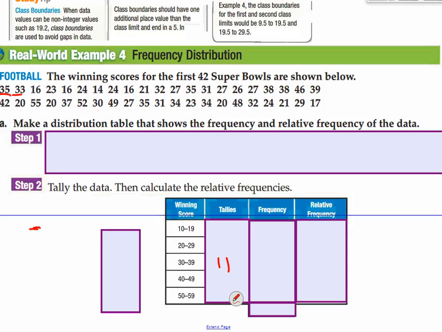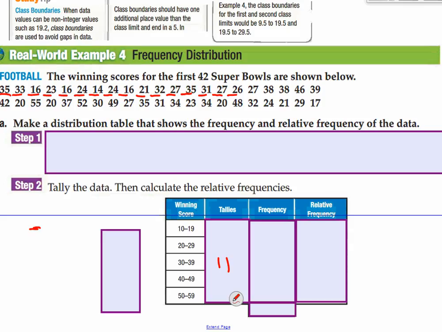So you keep tallying. 16, 23, 16, 24, 14, 24, 16, 21, 32, 27, 35, 31,